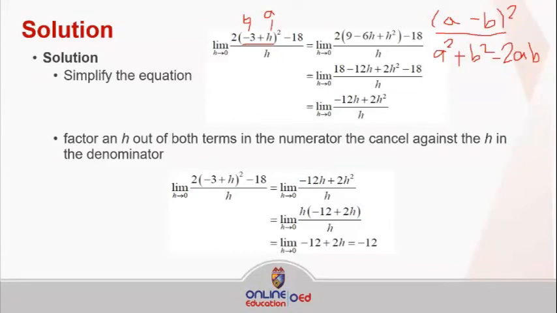Naalala niyo yung shortcut na to sa algebra nyo? Kapag ginamit natin itong formula na to, wherein yung mismo magiging value ng A natin is yung H, and yung value ng B natin is negative 3, makukuha natin itong